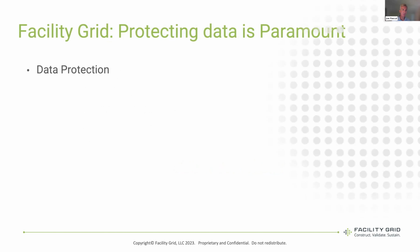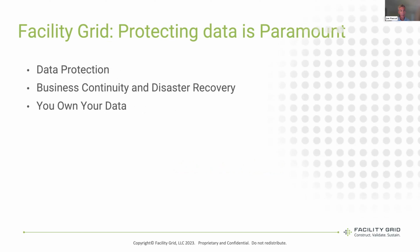And so when we think about some of the tests we went through, we validated our data protection and our data redundancy. I mean, we go through disaster recoveries often. We back up our data multiple times throughout the day. We understand that it's your data. We don't own your data, and we protect it. We don't move it off of our servers. We even have the ability to create private environments to completely isolate all of your data into its own environment if that's required. Data encryption is incredibly important, and we practice that, and that's been tested through our SOC 2 compliant testing,